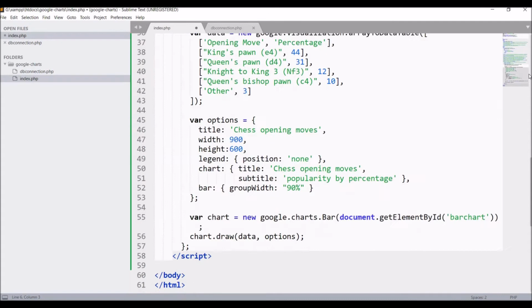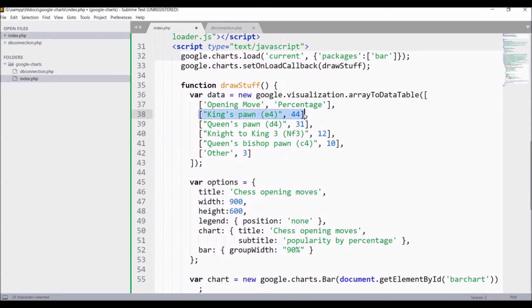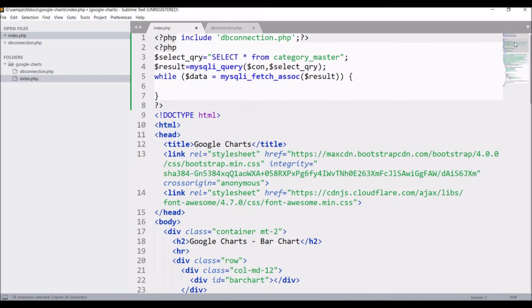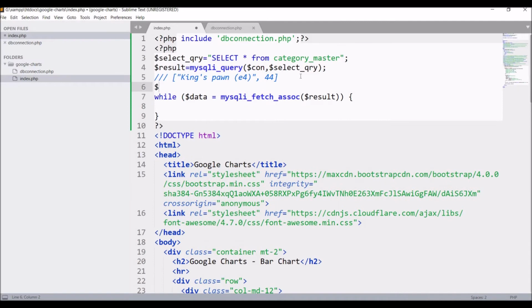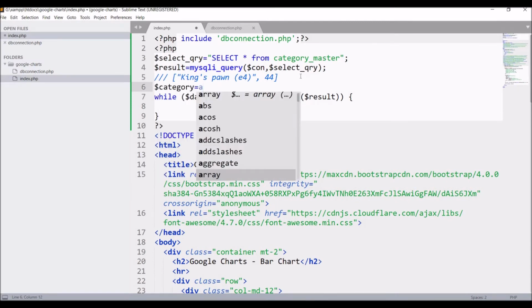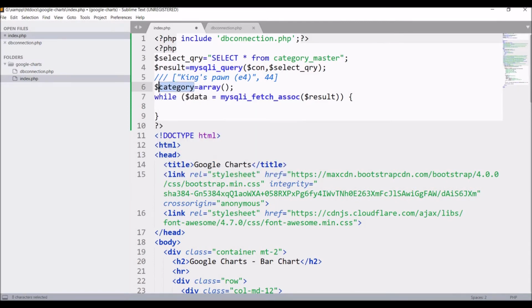Next, we need to format the data that we need to pass in our script. So data is in array format. Create a blank array first, let's say category equals a blank array, and inside the while loop, firstly start a square bracket, then write data and a separator, that is comma.